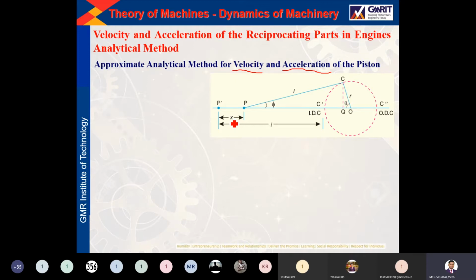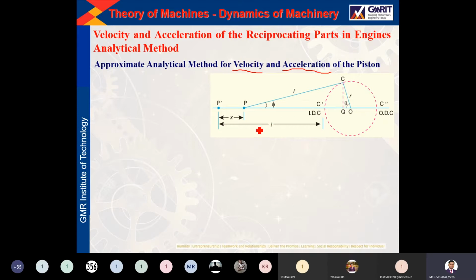We know displacement is the change in position, and the change in position over time is called velocity. Suppose after getting this distance, if I differentiate that distance with respect to a variable like time or any angular motion, you will get velocity. And after getting velocity, if you differentiate again, the rate of change of velocity, we will get acceleration. Simple. x is distance, dx/dt is velocity and dv/dt is acceleration. This way we will find the x value first, then v, then a.